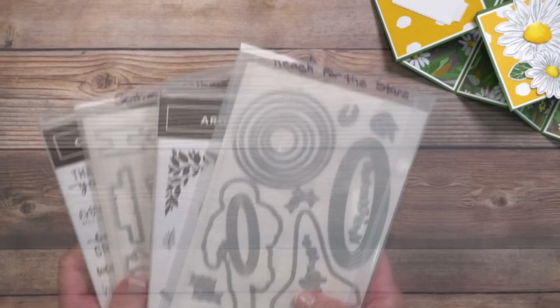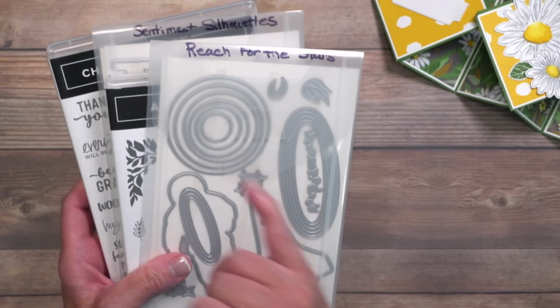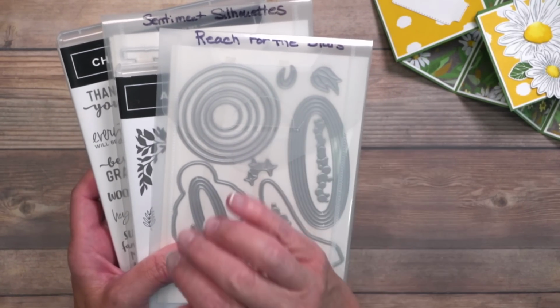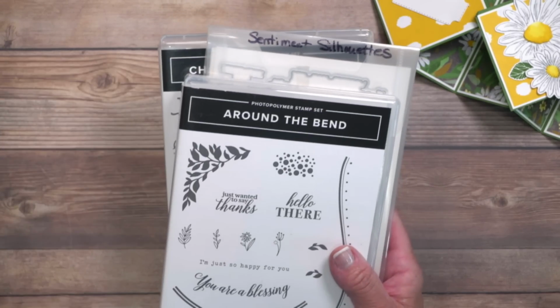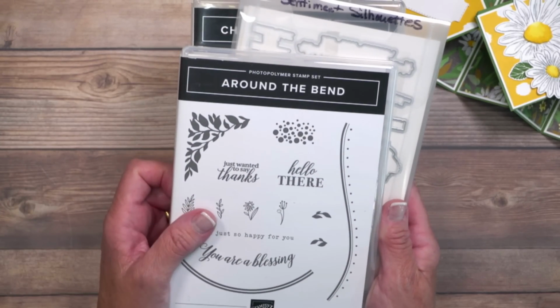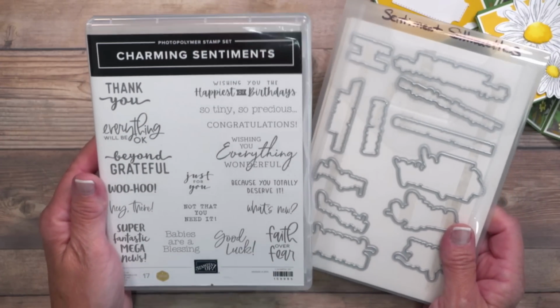Now let me show you those other cards that I created for you. This next one is created using a whole myriad of products, but I want to share them with you. The Reach for the Stars dies. Oh, I'm falling in love with this because of these different size circles. So keep that in mind. We also have the Around the Bend stamp set, and I have the Sentiment Silhouettes dies and the Charming Sentiments